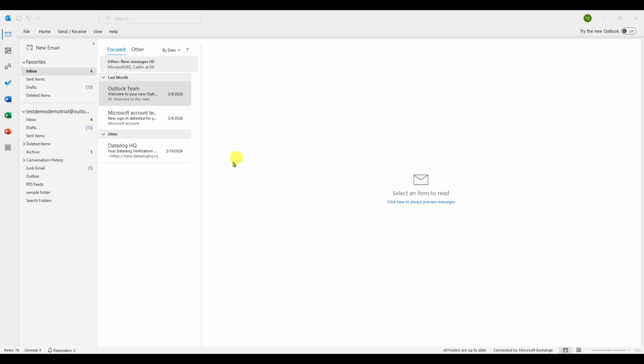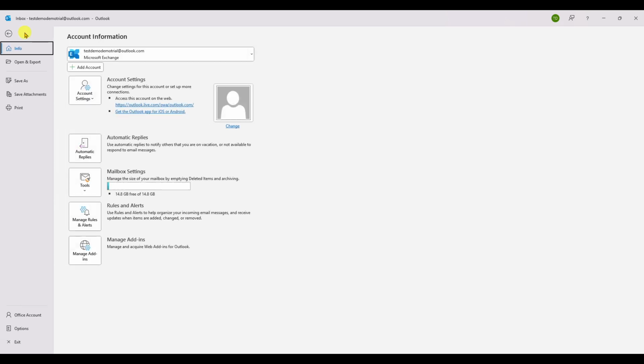Once Outlook is open, give it a moment to fully load your mailbox and folders so everything is visible and ready to use. Next, look to the top left corner of the Outlook window and click File. This opens the main account and settings area where you can access tools related to mailbox management, including archive options. If you do not usually work in this section, take your time here because several useful mailbox maintenance settings are